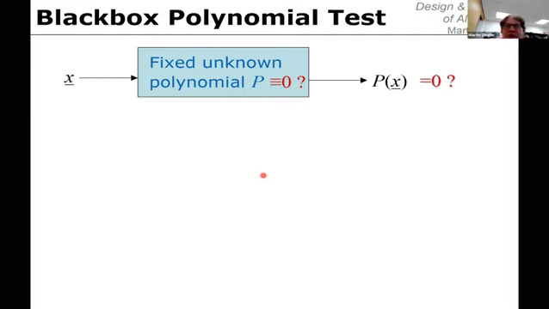We take the difference between the two polynomials. So I will convert these two polynomials into one polynomial, namely the difference of the two polynomials. So now, checking whether the difference of the two polynomials is the zero polynomial is the same as checking whether the two polynomials agree. So the polynomial identity test also covers the seemingly more general case of whether two given polynomials agree or not. So that's why this is an important primitive for many more advanced